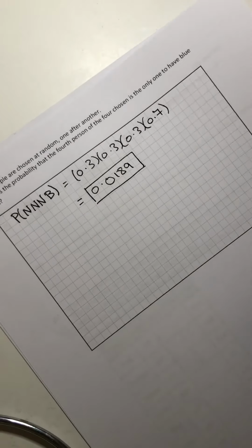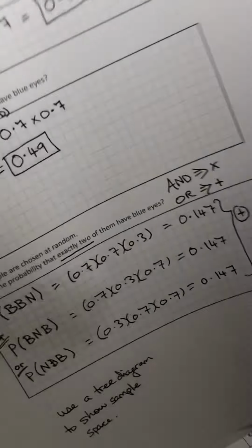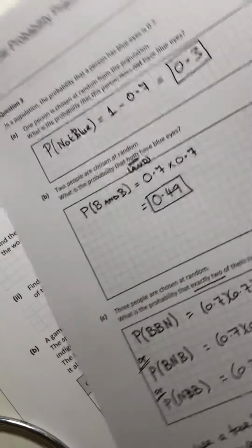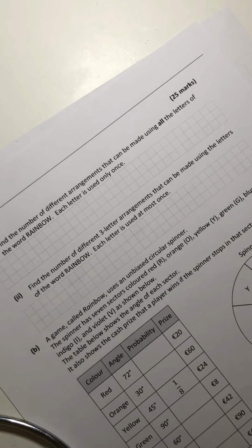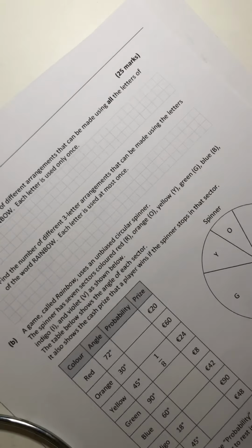Okay, so that's the first question. 25-mark question, all of those parts. If you knew your Bernoulli trials going into that, you would have done very well on that question. And that was in 2019, I think. Okay, the second question we're going to look at today